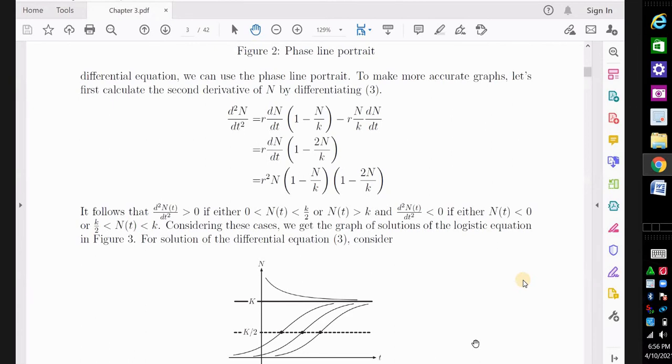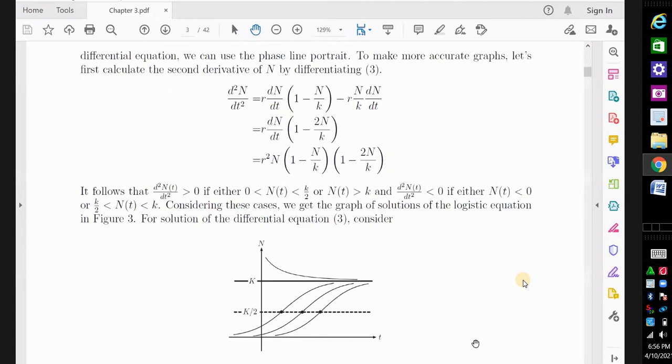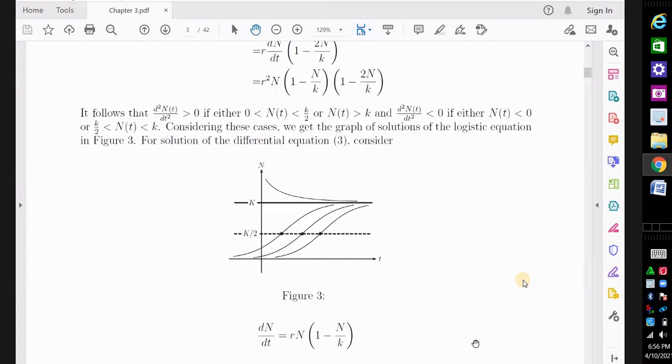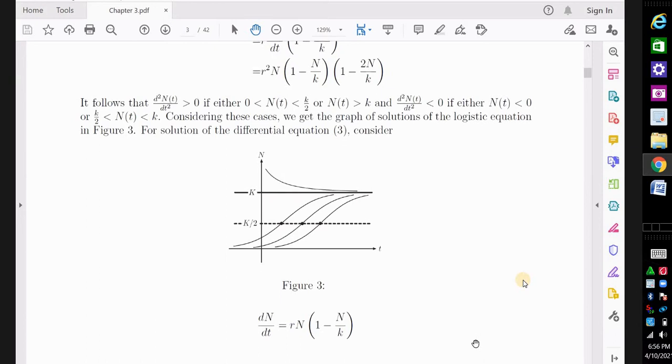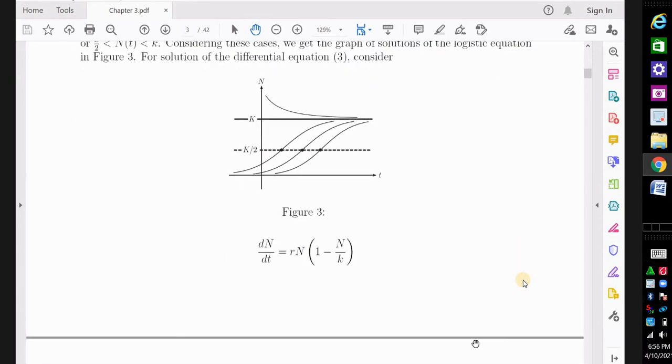n is equal to k is simple. Now just solve this equation. This is the given differential equation. So to solve this equation, you can see